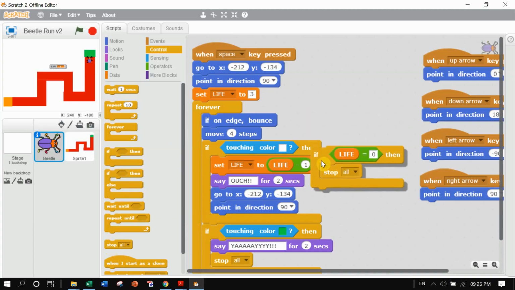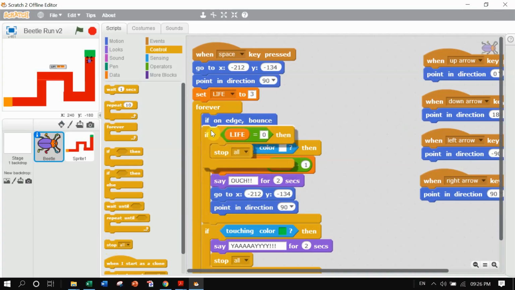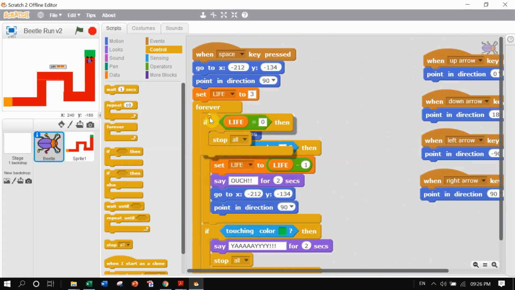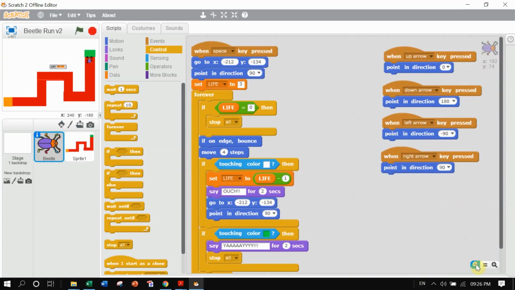A stop block will be used here, and this if is placed exactly in the very beginning of the forever. So when the game starts, immediately the game will check if life is 0, it will stop anyway. If life is not 0, this if will be skipped and the rest of the game will follow.